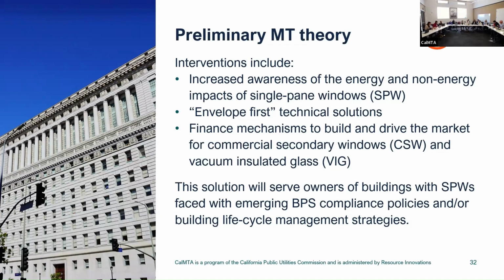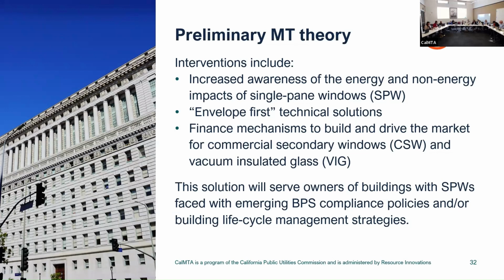and vacuum insulated glazing. I want to take a quick second to reemphasize, and I think everybody's aware, we talked about this at the last meeting. The original MTI had VIG only, and then as we went through and started analyzing the opportunity, we made a decision to create a tiered product offering and include commercial secondary windows as an option for a number of reasons that we'll talk about as we go through here.